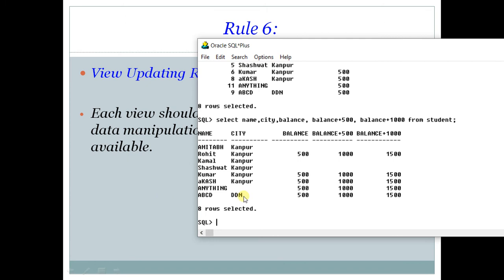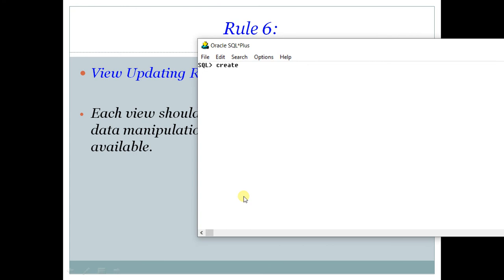What you will type: create view. You can give it any name, test view. As now you give the query. Select, suppose let us take roll number, comma name, comma balance, comma city from student. What you can see, view created.